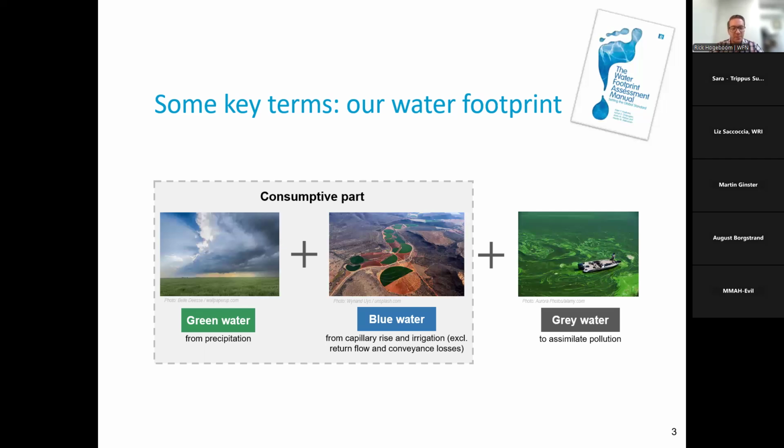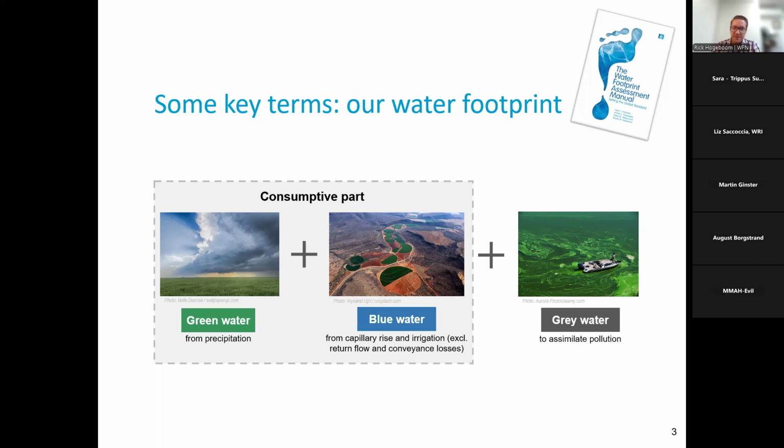But I do think it is important to understand that if we want to analyze anything that has to do with virtual water flows, it all starts with understanding our water footprint. How much water does it take or cost to produce a good or service at the place of production? Now, this water footprint does not only give us a number of the water used, so in liters or in gallons, but it also indicates where and when the water is being used and also from what source.